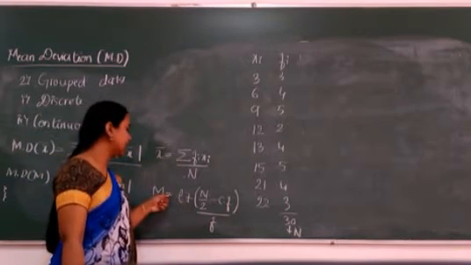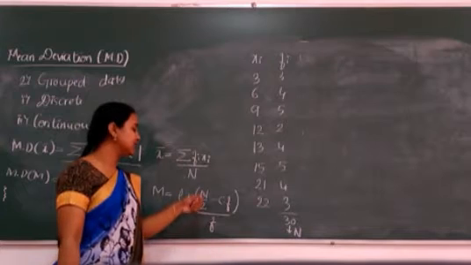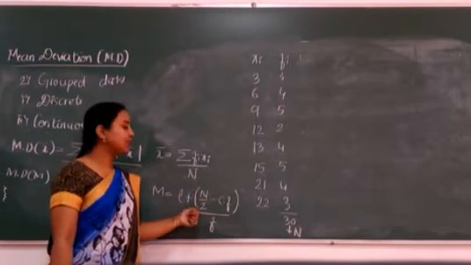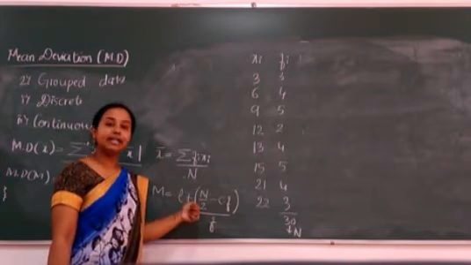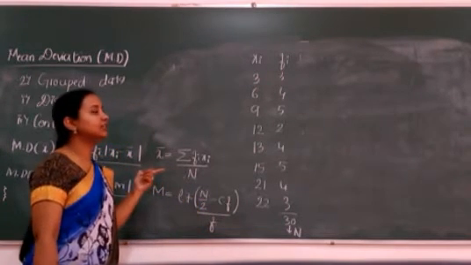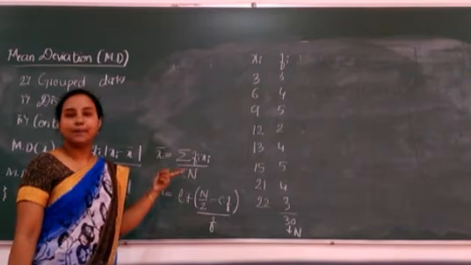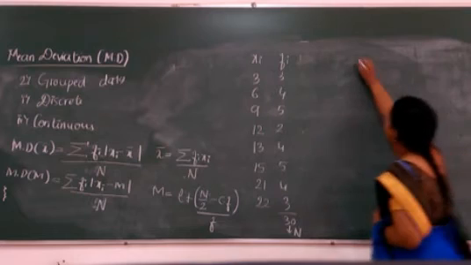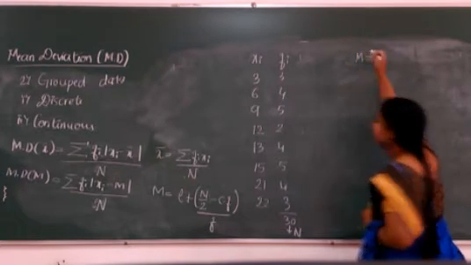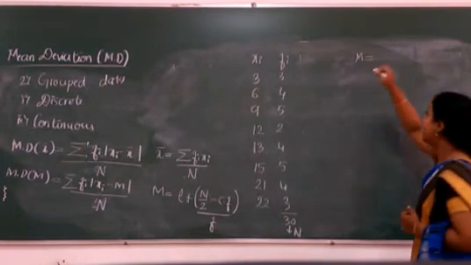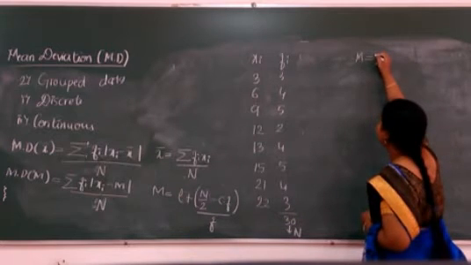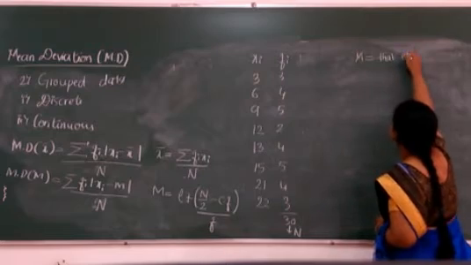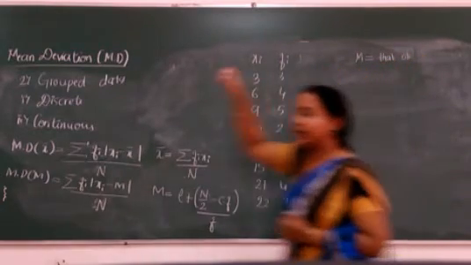The median is nothing but L plus (n by 2 minus CF) by f. This formula is very much applicable for continuous data, but when it comes to discrete data there is a very simple method, and I'll explain that method. So what is the method? Median, for a discrete data, is that observation, in simple way you can write,